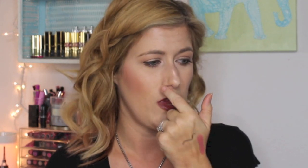I like every single color in this line, but this is just a perfect everyday color. I love the formula. I love the smell. I love how they last and wear on your lips. I love this color. I highly recommend Nude Cream, and I would say it's kind of like a matte cream sheen as far as the finish. It's creamy, yet it stays on your lips. If you have not checked out the Milani lipsticks, they are my favorite from the drugstore, and